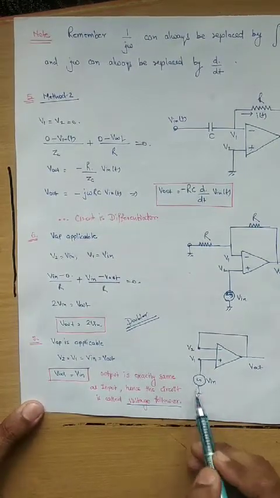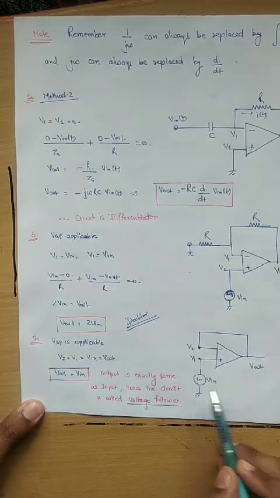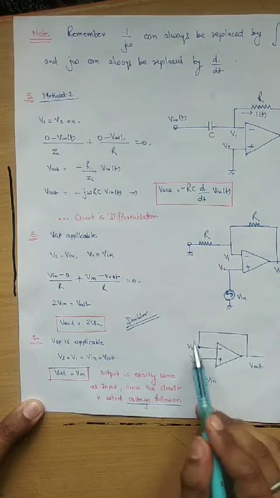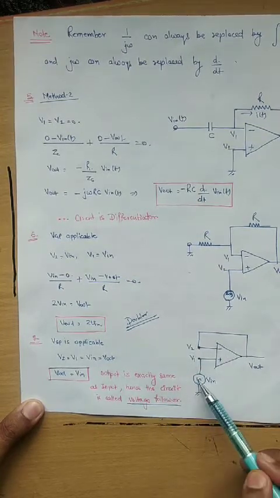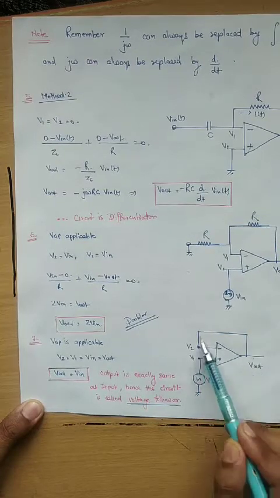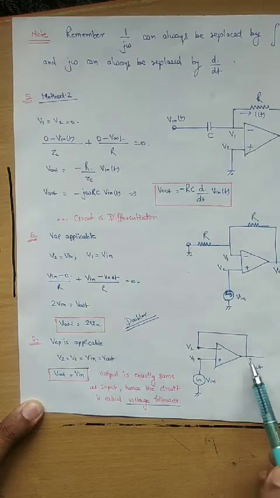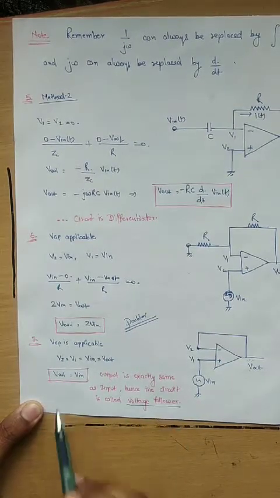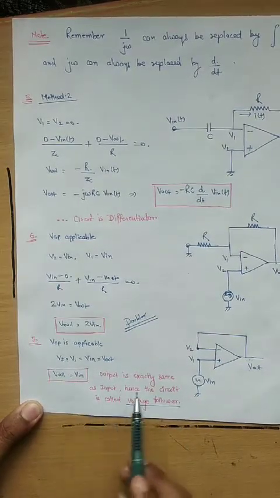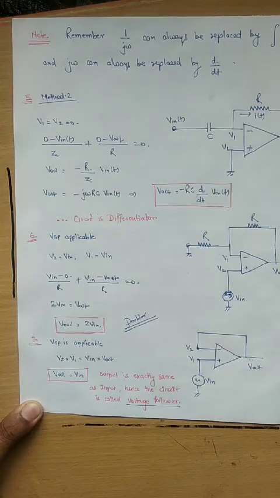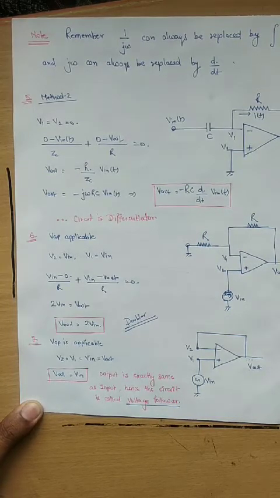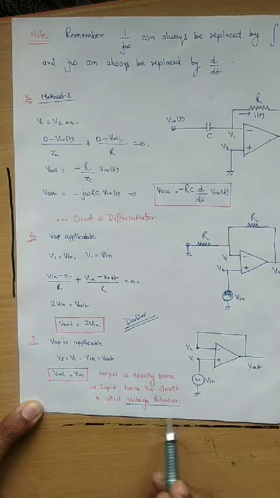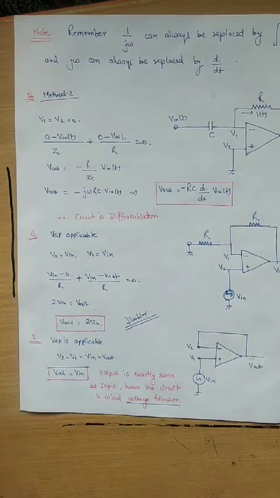Now another circuit is a direct, normal circuit. It is V in. Feedback amplifier, negative feedback is applied. This is V in, this is V in. The output is directly short circuited, so V out is equal to V in. So no need to apply the nodal. Output is directly coming, V out is equal to V in. So the output is directly following the input, exactly the same as the input. The circuit is called a voltage follower. Such types of circuits can be made using the op-amp.